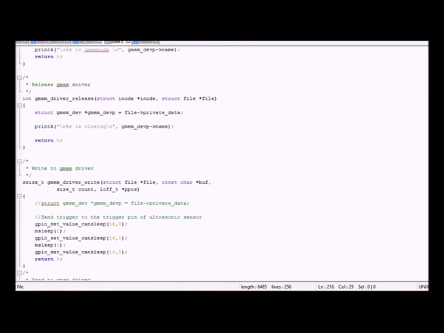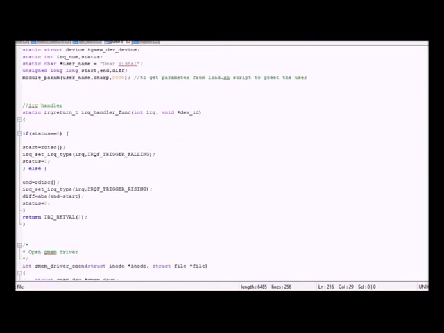So let's look at how the interrupt handler works. Basically, when the interrupt handler is invoked, we see that we have a rising edge, and then we get this start value of RDTSC, and then we change our trigger type to falling so that the interrupt handler generates an interrupt when a falling edge has occurred. And then when a falling edge has occurred, we just take the end value of RDTSC, find the absolute difference, and using this absolute difference we try to calculate the distance using the velocity of sound,